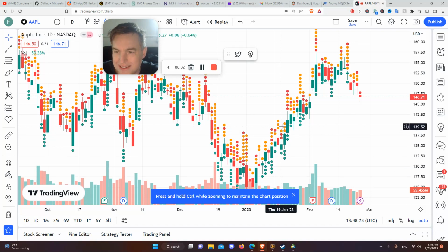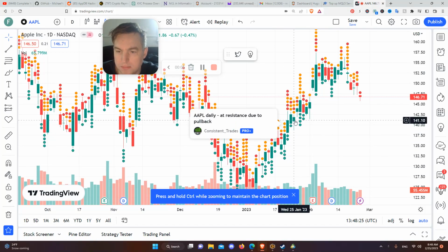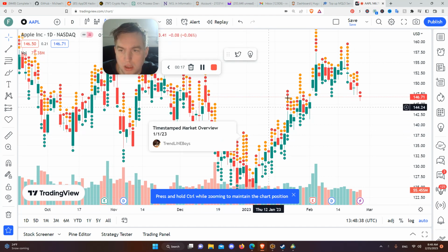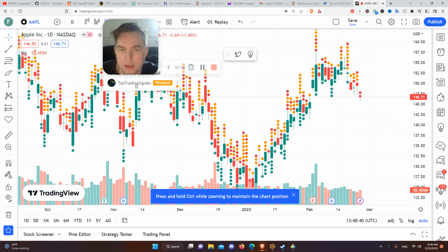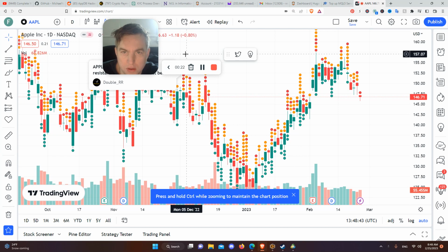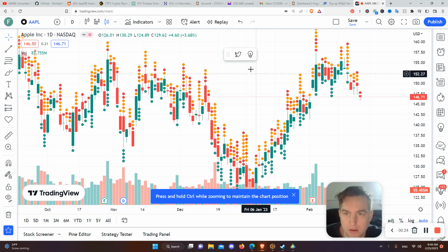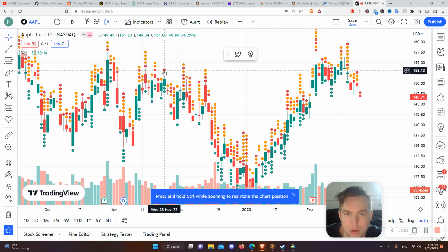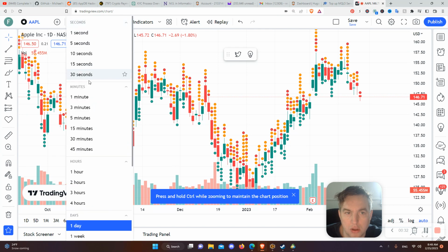I want to show you a nice, interesting strategy to find all these trading ideas on TradingView without having to leave your chart. So if you're interested in a stock like Apple, these are all trading ideas that are in TradingView. These are all there. These little balls indicate one trade idea, another one,